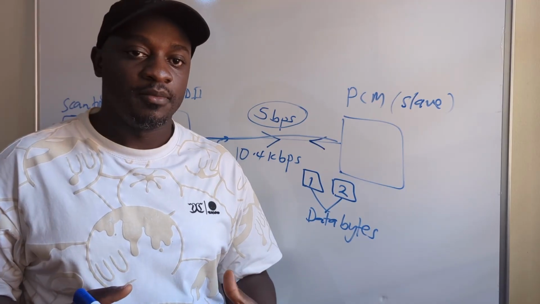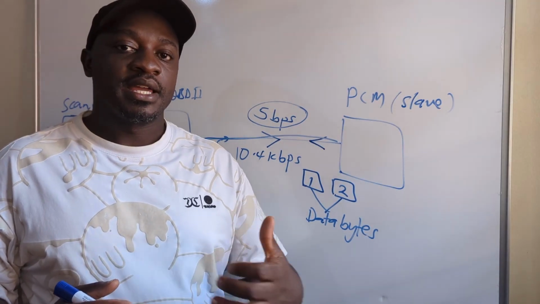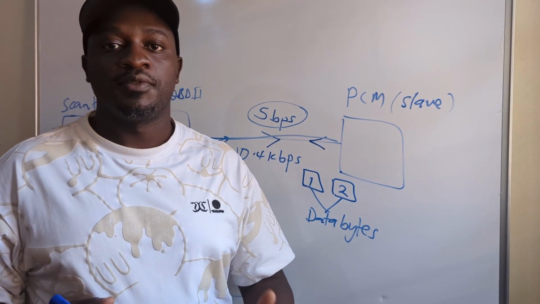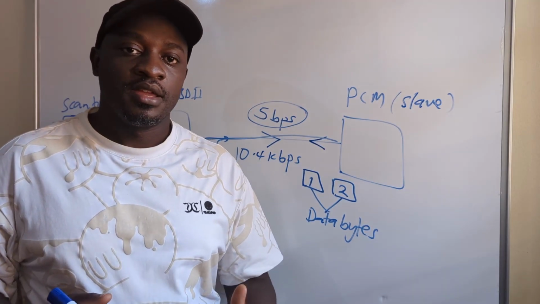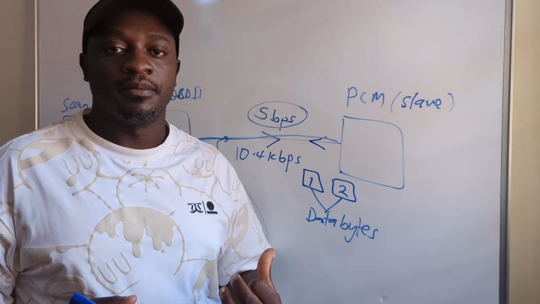Now that is quite a lot of time when it comes to communication, and it's because of that the KWP 2000, which stands for Keyword Protocol 2000, was introduced to reduce that initialization time. Next, let's look at how initialization is achieved in KWP 2000, and we shall see that it is completely different from the way it is attained in the K line protocol. So when we are looking at fast initialization,